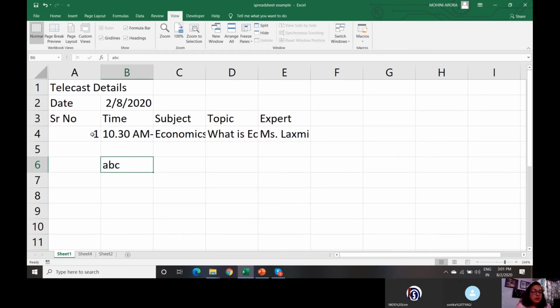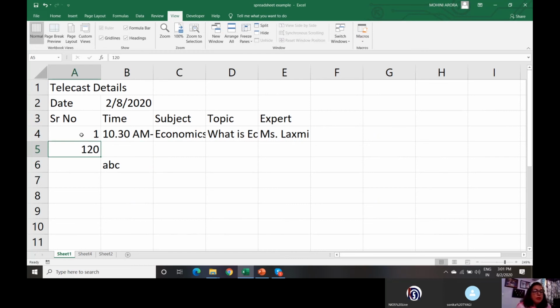All this is textual data, which is a set of characters. Data can be date, like I have typed here. Data can be time, right? So the numerical data is always right aligned. So if you type 120, see, it is right aligned. But if you type ABC, it is left aligned.